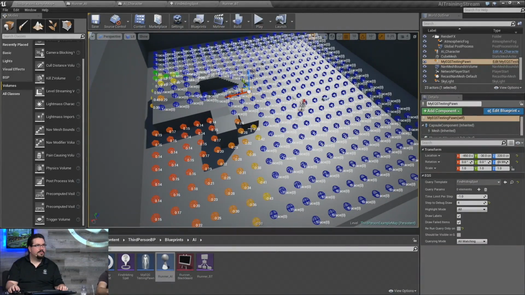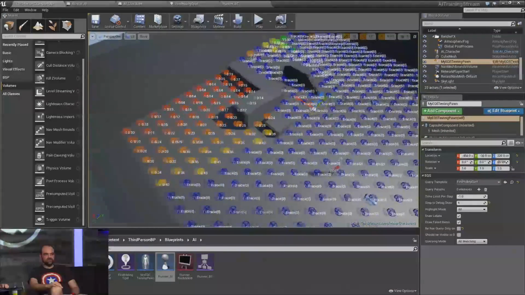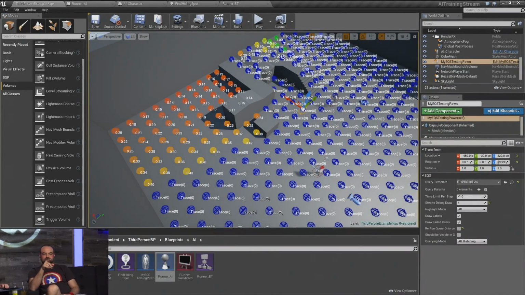So one thing we could add to make the AI a bit more responsive: currently, if you're running behind him and he finds a spot, he's just going to go to that spot, and it's like I'm still running and he doesn't care anymore. But if you go back and suddenly he doesn't see you anymore, he will continue running now. But there's one simple thing we can do that will make him stop as soon as possible,